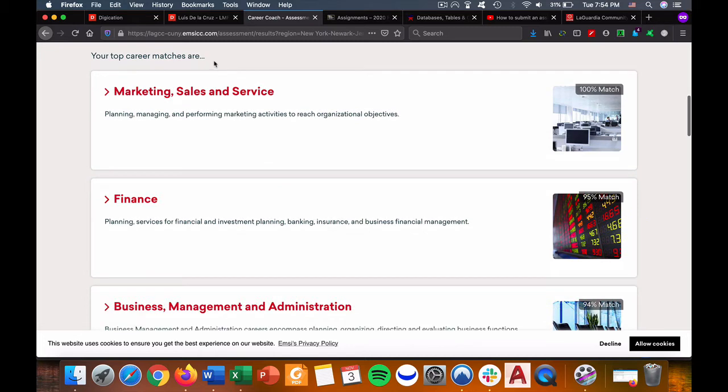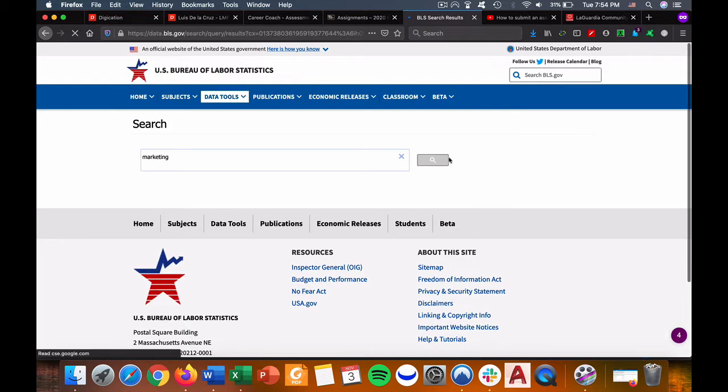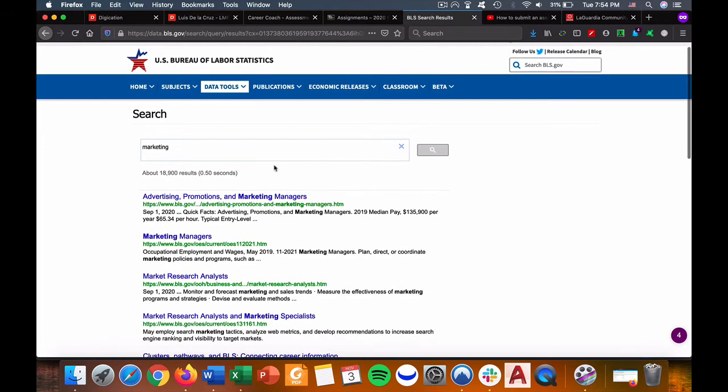Marketing. So I need you to open this page. You can just copy this link, www.bls.gov/data/, and once you're here, you can just type marketing in this search box. Then you type enter, and then you pick any of these options. I'm going to choose the first one,